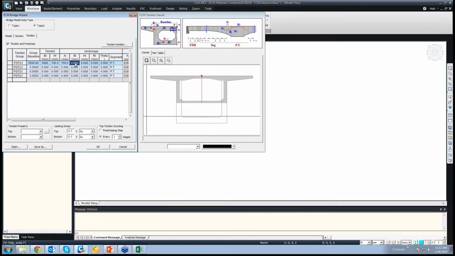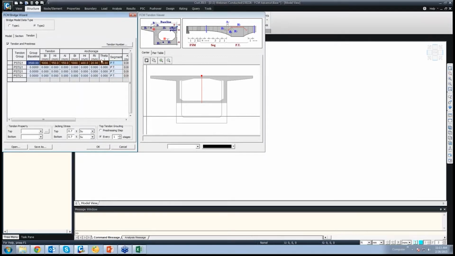So let us say BI for the tendon is, let us keep BI as same, it being in the same line, a straight tendon. Let us say the anchorage is 450 or 400 mm below. So HI would be 400. RI is the angle that the tendon would be making. So let us say this is 20 mm. And let us give theta as shown in the figure as 30 degrees.